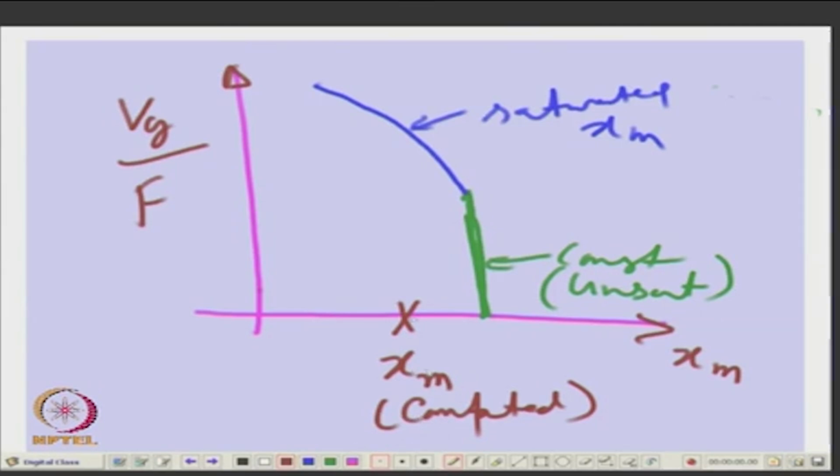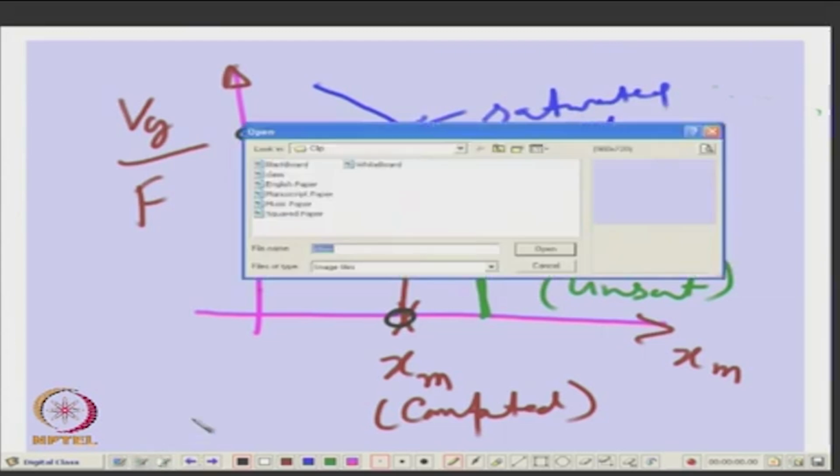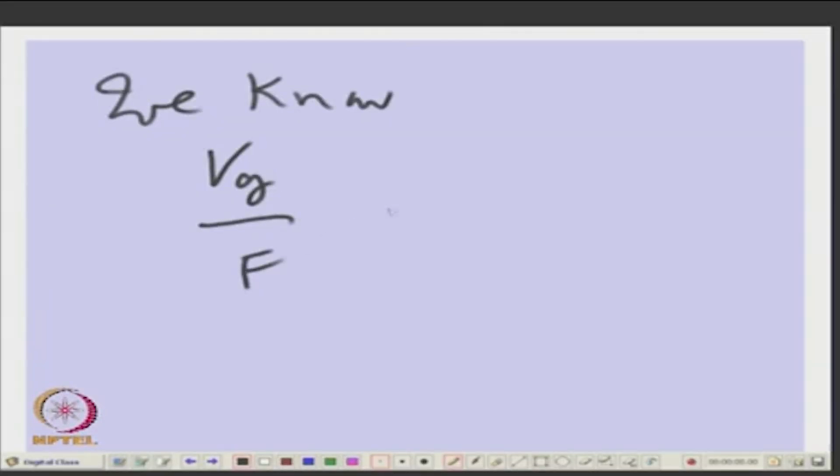Now, what we did was, knowing this curve, for that Xm what will be the Vg by f, for this Xm. So, we know Vg by f from Xm,